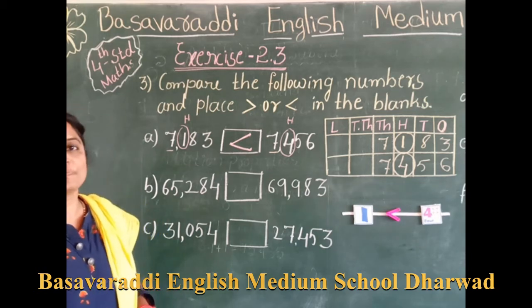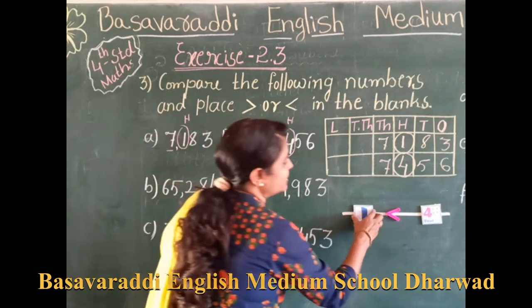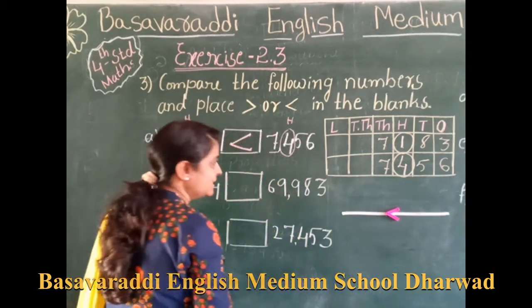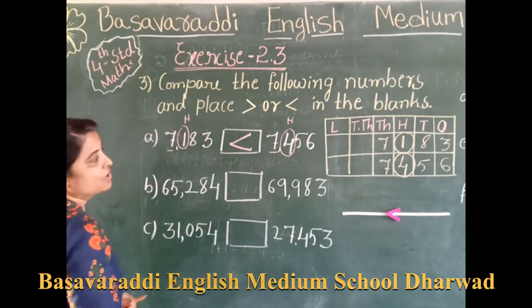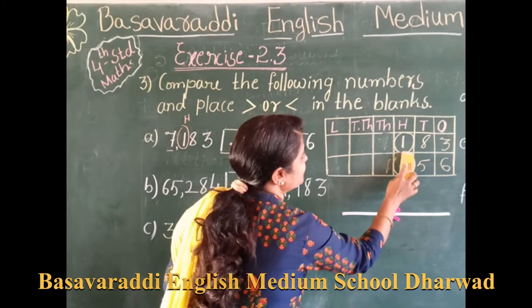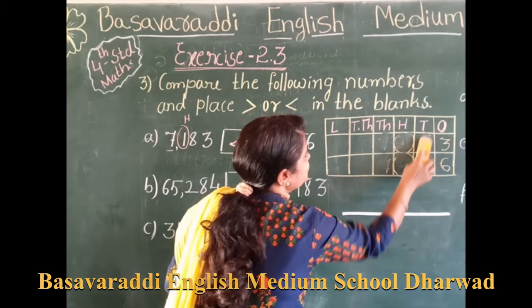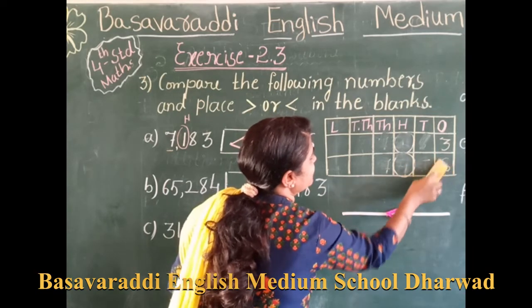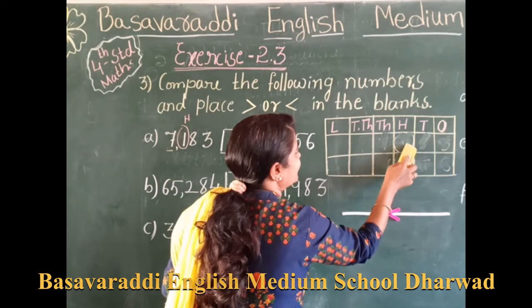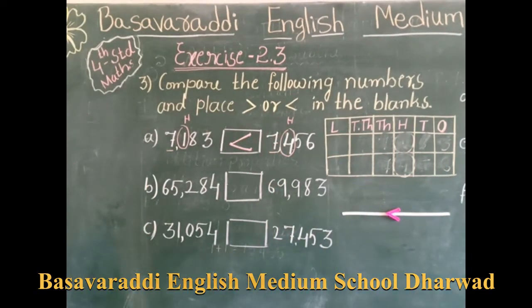Then we will go to the next one. We will remove this and put up the next numbers here. It is very easy for you now to understand that. We keep the numbers first. In the place value chart also we are checking which digit we have to compare, and after that we are putting it in the chart also.